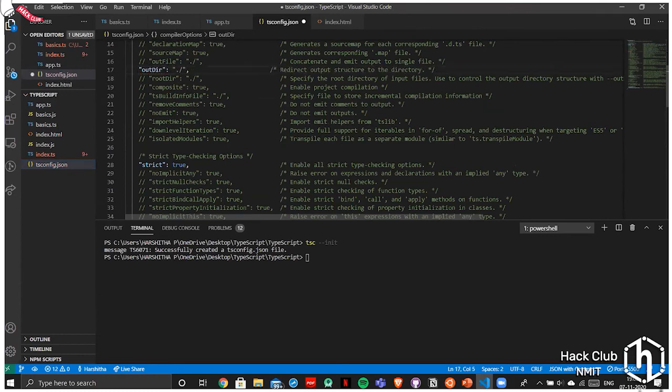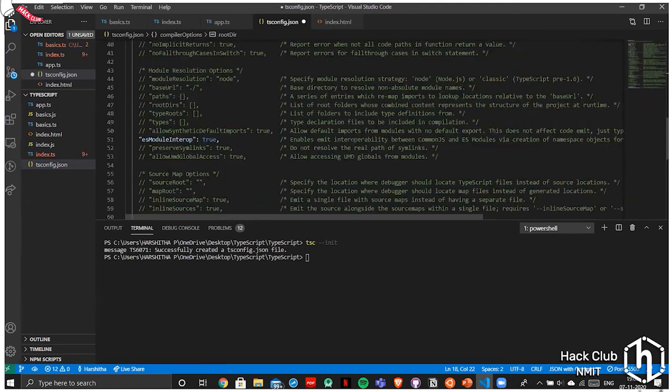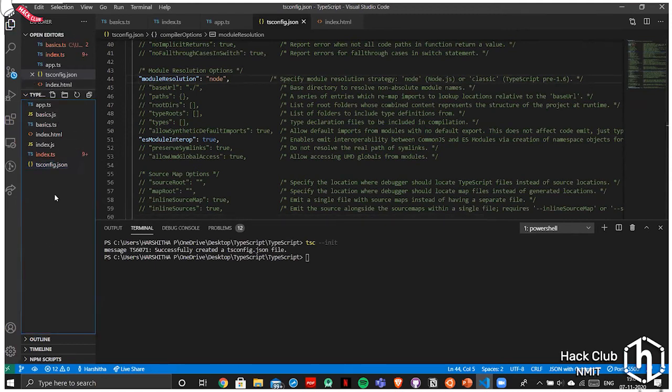I'll use this outDir and rootDir: outDir I'll put into dist, and this one I'll put into src, and then there's something called node_modules, and I want this as well. Okay, I'll save this. Now I'll do one thing.